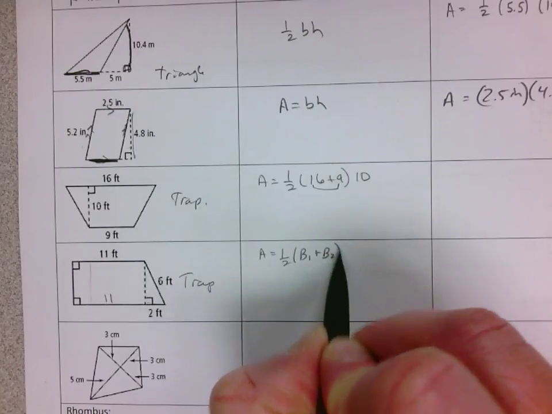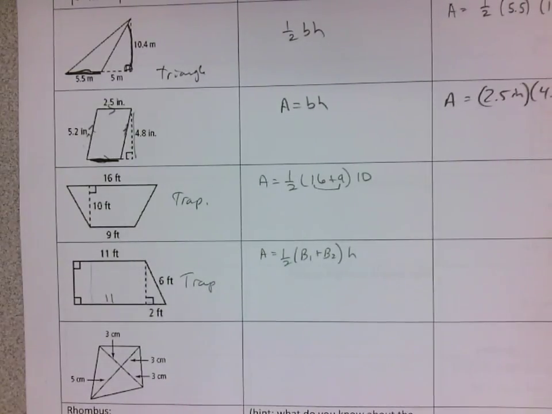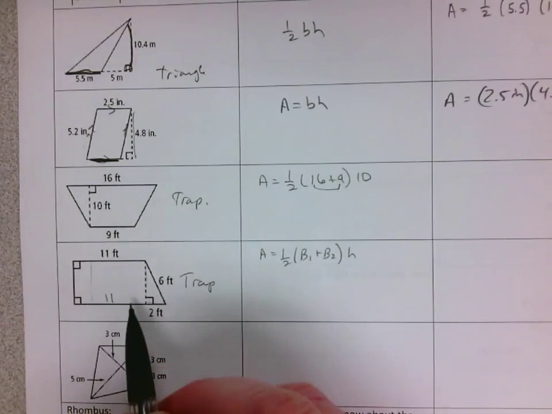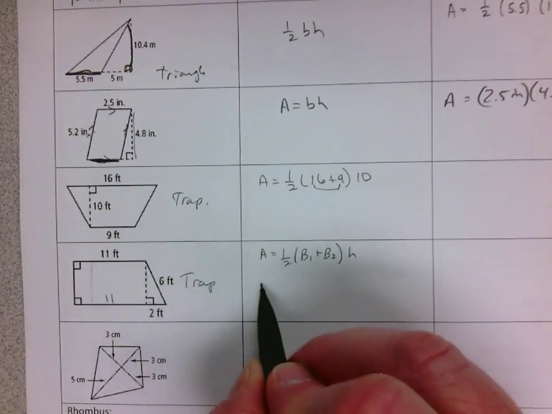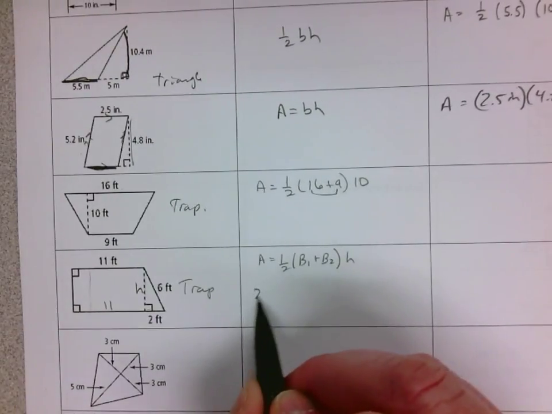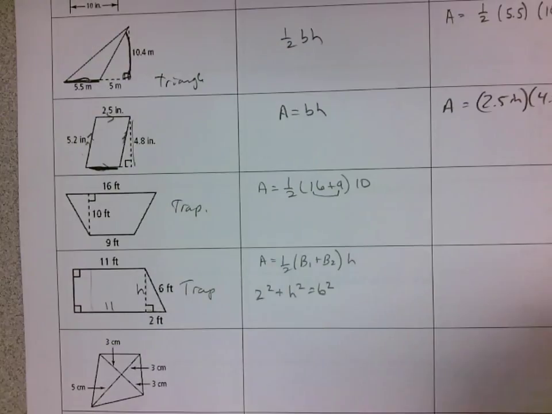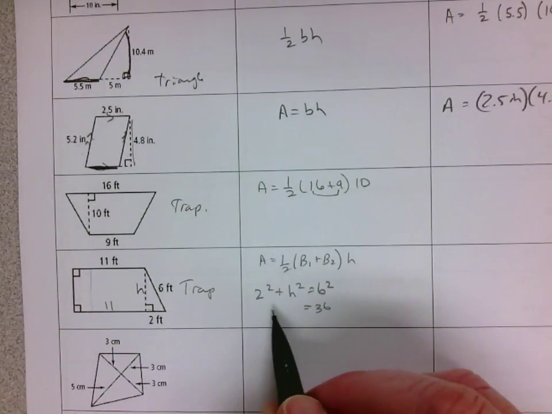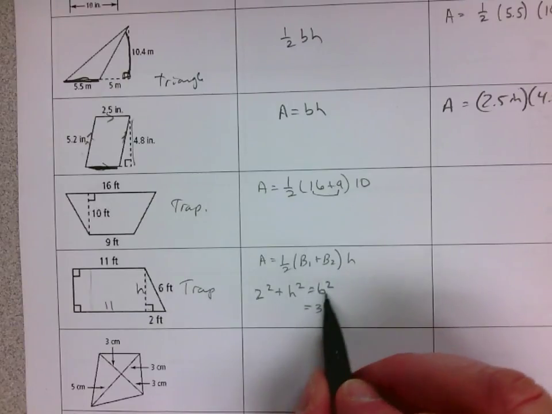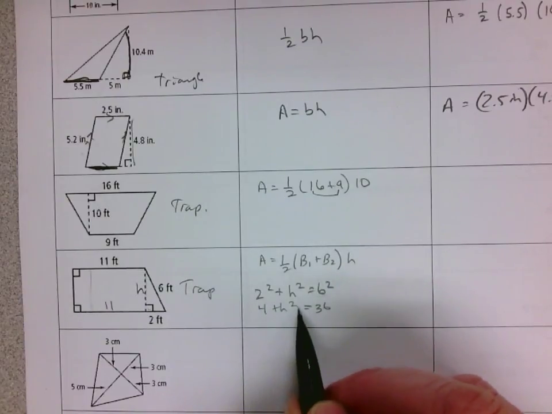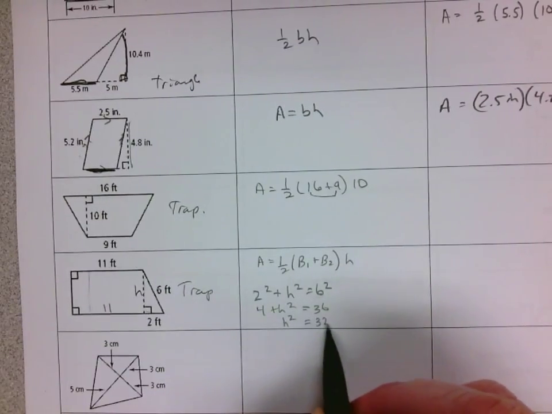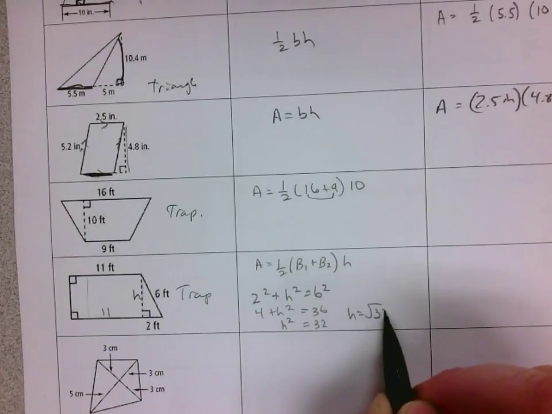times height. Or if we do this as a rectangle, we need to use the Pythagorean theorem, so I'm going to find the height. 2 squared plus h squared equals 6 squared, which is 36. So h equals the square root of 32. So